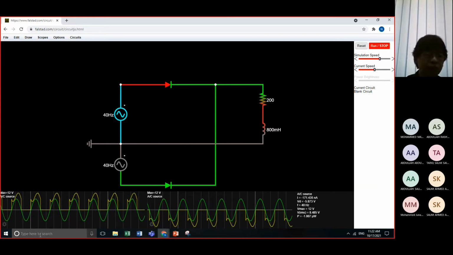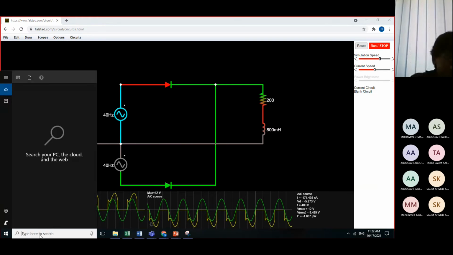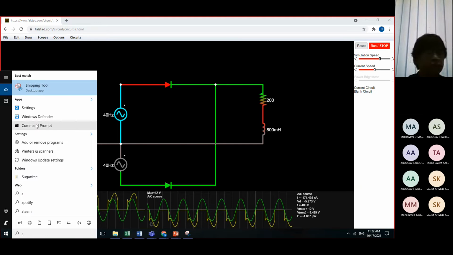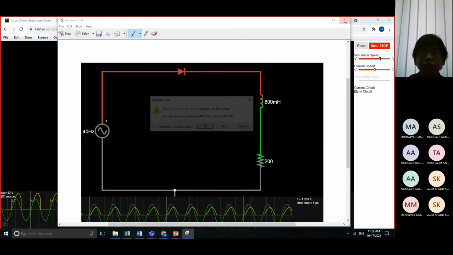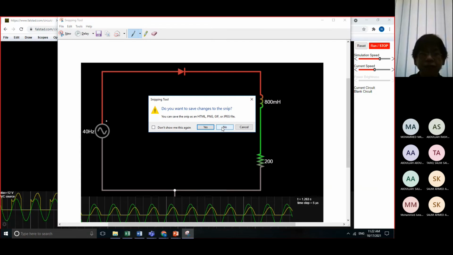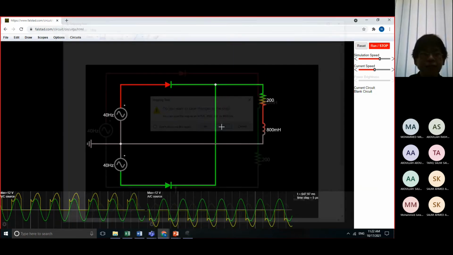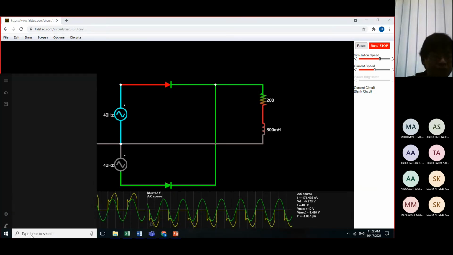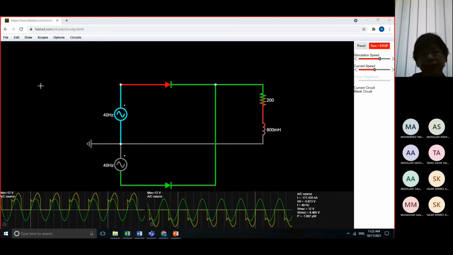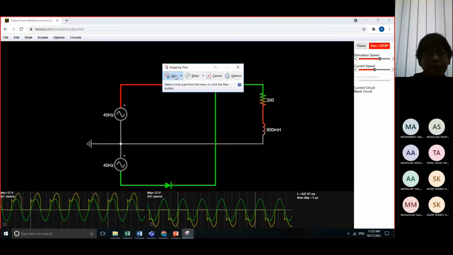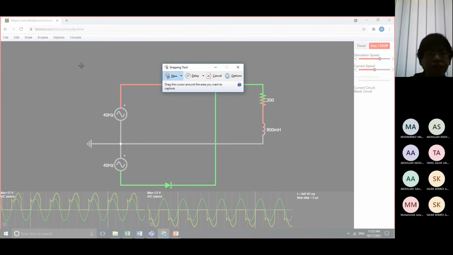Now again I will go to my snipping tool. Okay, from my snipping tool, you can do this in many ways. But for me I will use the snipping tool, and then I will cut this for my circuit. Because this is my circuit.